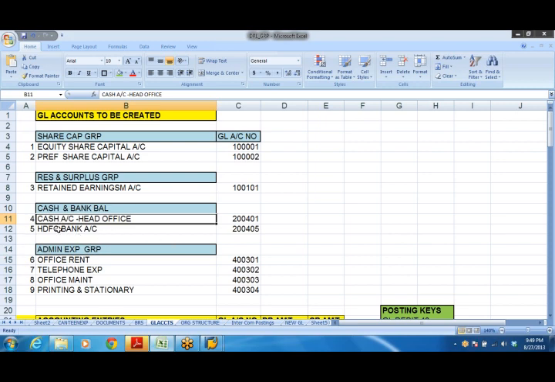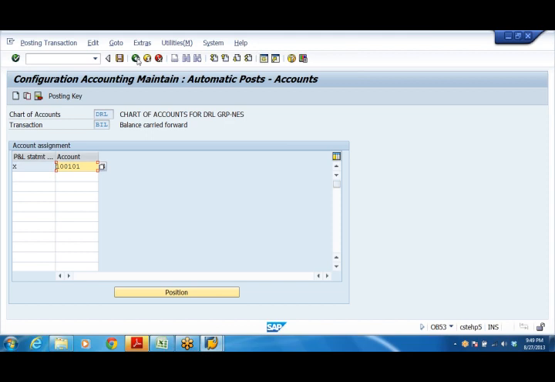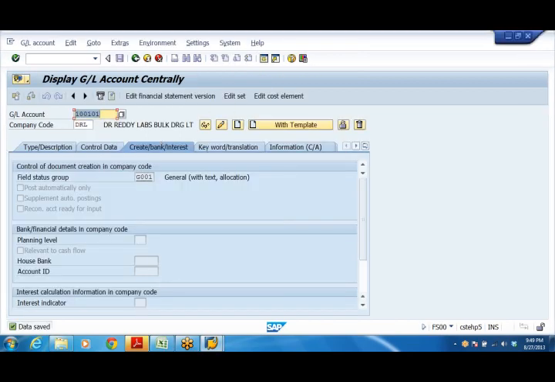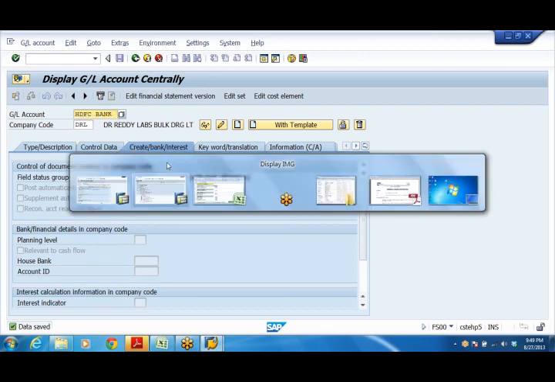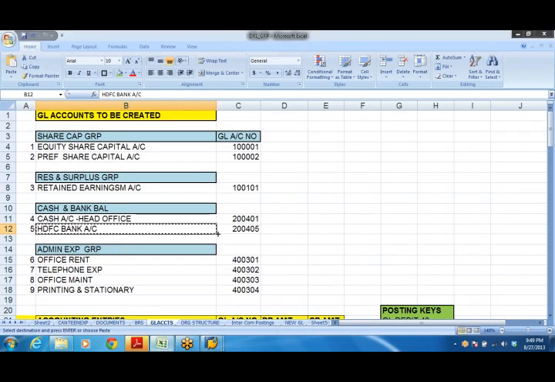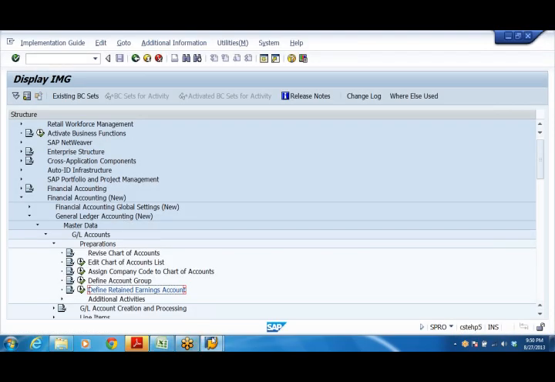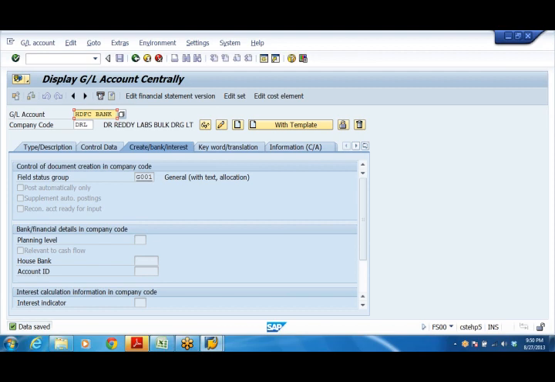Now I'm creating only a bank account. Some bank account, 200 405.